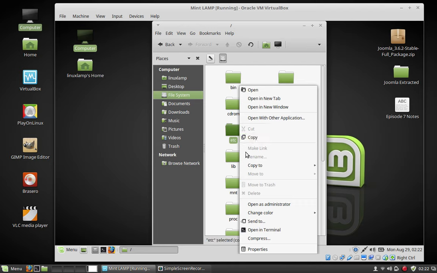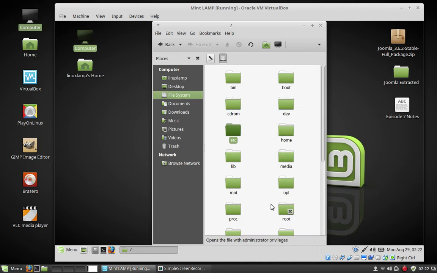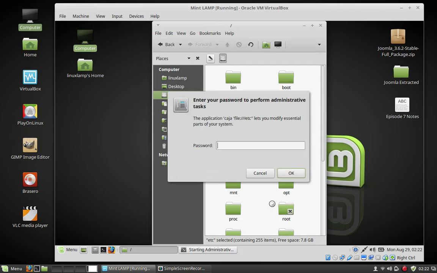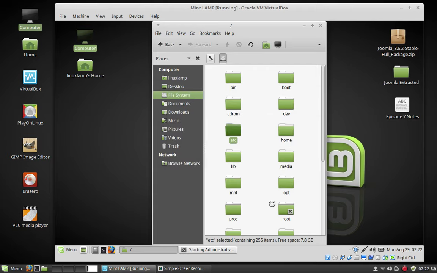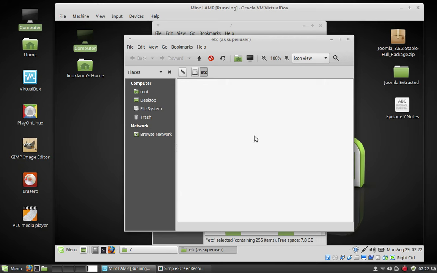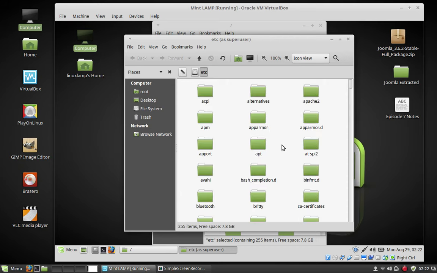Right click on etc. Click open as administrator. The reason why we're going to open it through here is because I tried doing it earlier with my normal text editor and it took me forever to find it. So I restarted the video because I spent like 10 minutes trying to find this thing. And when I finally found it,